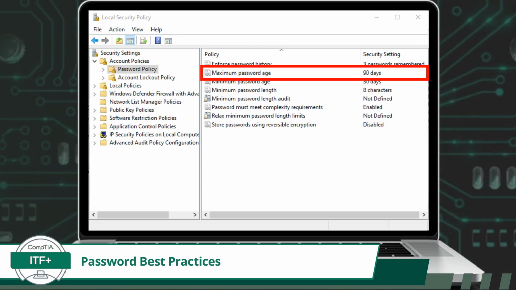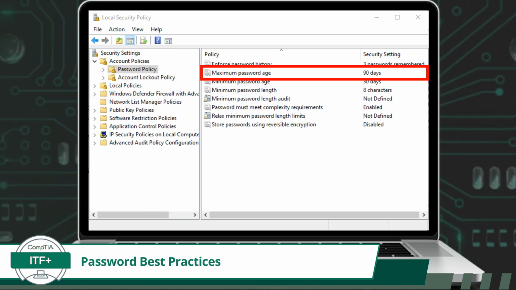Now, our next policy, the password expiration policy, complements the previously discussed password history policy by setting an expiration date on your passwords, ensuring they don't remain static for too long. By doing so, it mandates users to refresh their passwords at predetermined intervals or on a certain date. Imagine this as a routine maintenance check. Just as machinery or software might need regular updates to function optimally, your passwords require periodic changes to remain effective